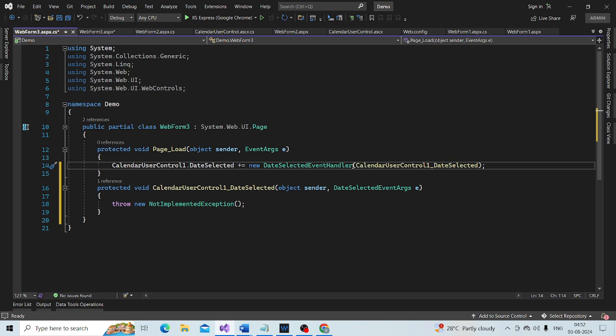So this function gets invoked when the date selected event happens.